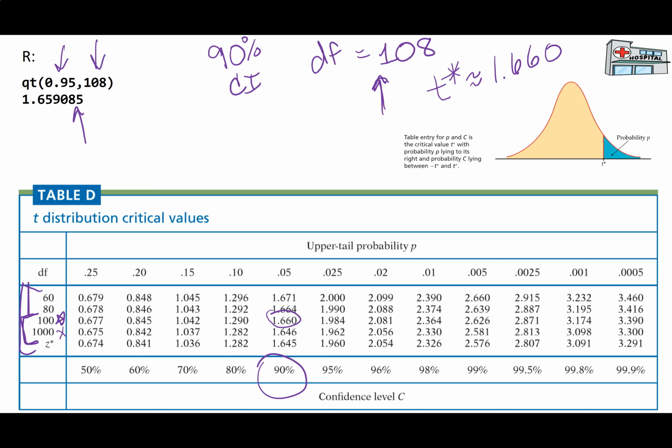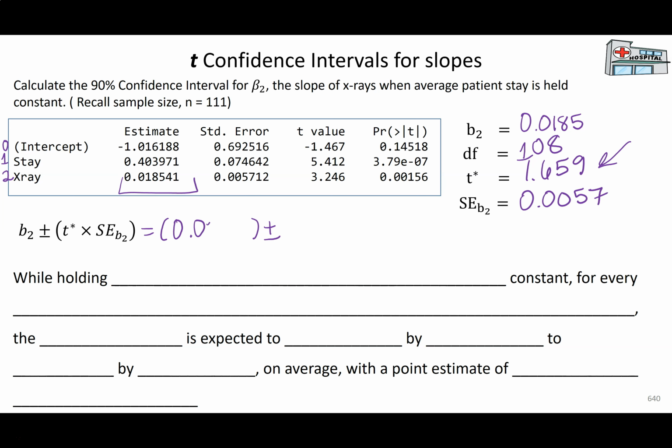So here, I now have my t-star. I have everything I need to go ahead and plug in. So my estimate here, 0.0185 plus or minus that t-star that we just calculated, so 1.659 times that standard error, 0.0057. And then I'm going to get, definitely not mental math, I'm going to pause here so I can figure. Okay, so from there, just plugging in, get something like